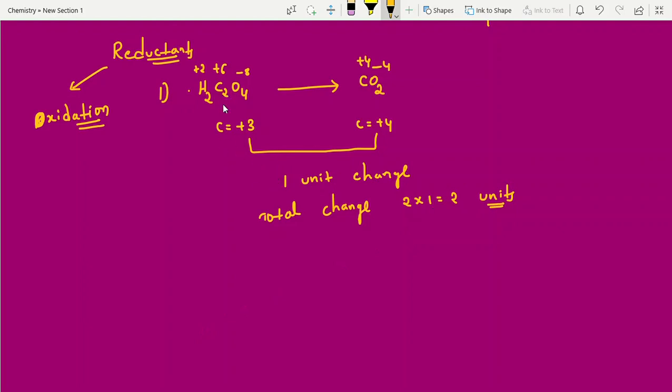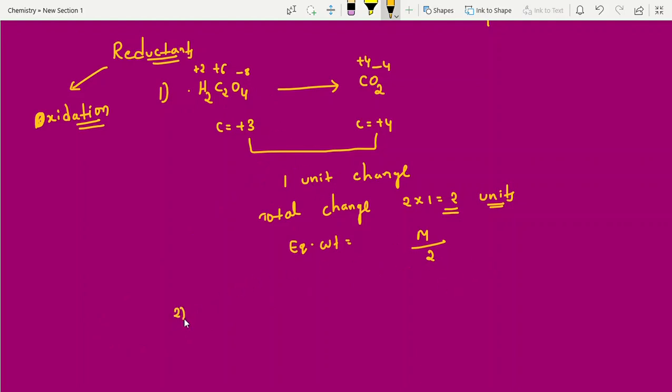Don't forget this point. If you forget this point, your answer will be wrong. Clear? First calculate the oxidation states. Some students will balance here itself. It's your wish, you can balance and calculate, or else this is the way you can do it. Total change is 2 into 1. So finally, what is our answer? Equivalent weight equals molecular weight by total change. We have to write M by 2. That's it, your answer. Okay, students, now you can take the molecular weight and go for calculation.